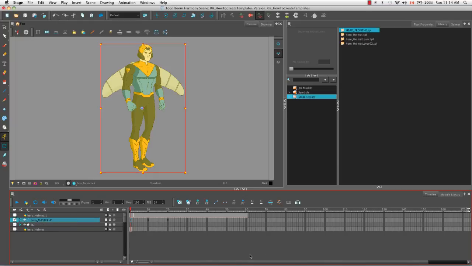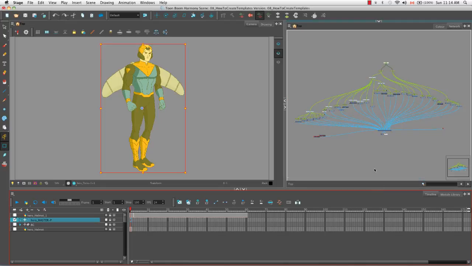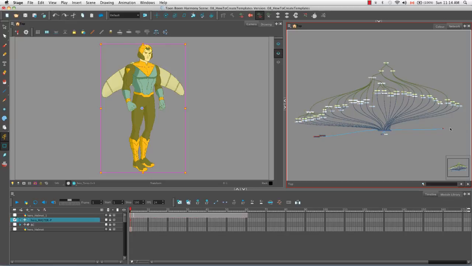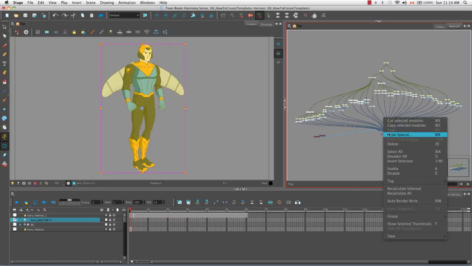And then what we're going to do is go to the network view, and we can do that by clicking on this up arrow here and then clicking on it again. So now what we want to do is group all the modules of the Hero Master. And we can do this by just clicking and dragging a selection box around all the modules with the select tool. And then we can right click and select group